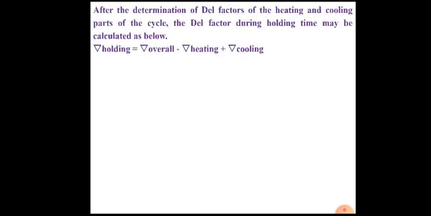After the determination of all these Del factors, we'll rearrange the equation. What was that equation? Del overall equals Del heating plus Del holding plus Del cooling. Now we'll rearrange this equation for Del holding. So the equation will be Del holding equals Del overall minus Del heating